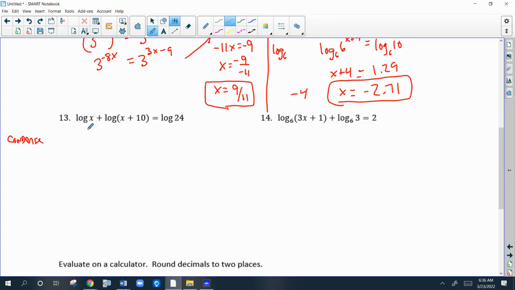Two logs here. It's a plus. So it's going to be the log of x times x plus 10. Now these logs have base 10 because you don't see anything, but it doesn't really matter because this is an equation where you have a log, well, one single log after we condensed, equals another single log. So you can just set this and this equal to each other. That's a property. So you can say x times x plus 10